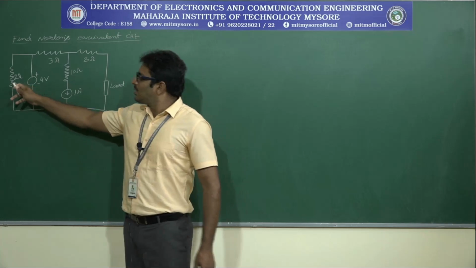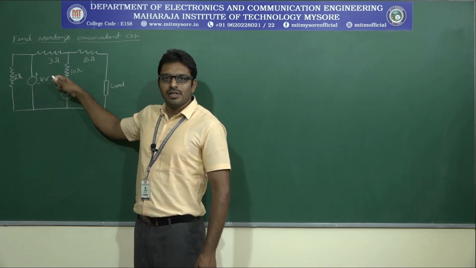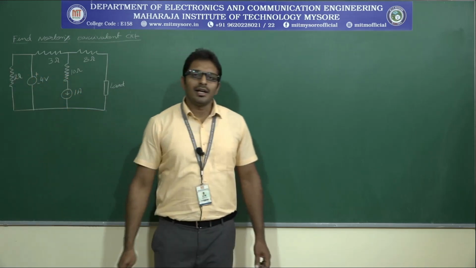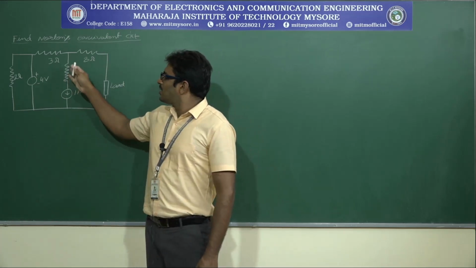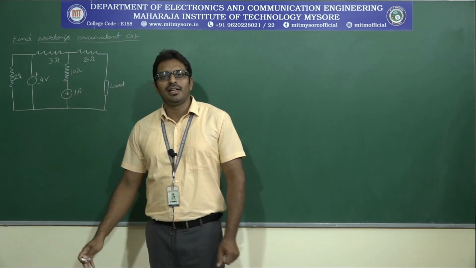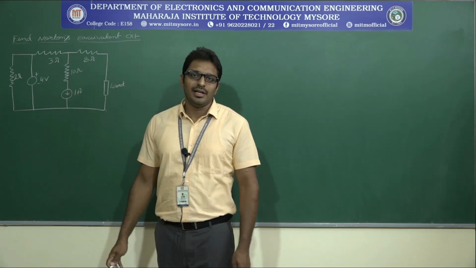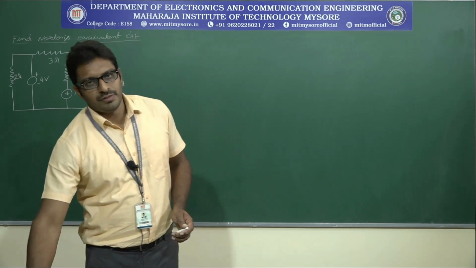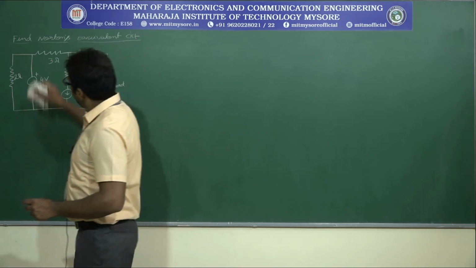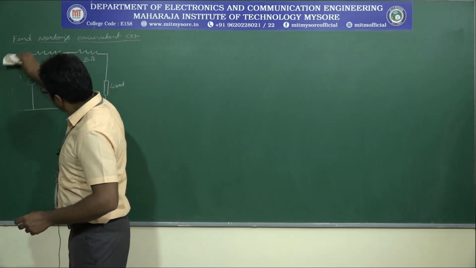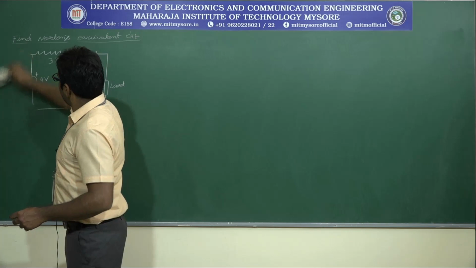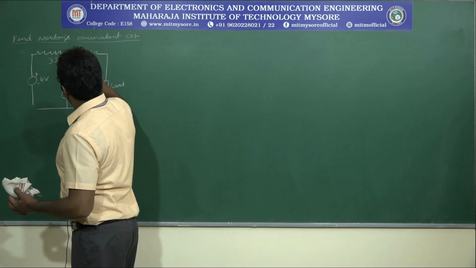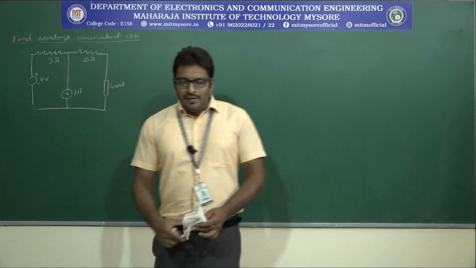Say any resistance is connected in parallel with an ideal voltage source, I mean independent voltage source, we can consider this resistance a redundant element. Similarly, any resistance connected in series with an ideal current source becomes a redundant element. So we can remove those two elements for analysis purpose, for simplification. Say just remove this 2 ohm resistor and also you can remove this 10 ohm resistor.